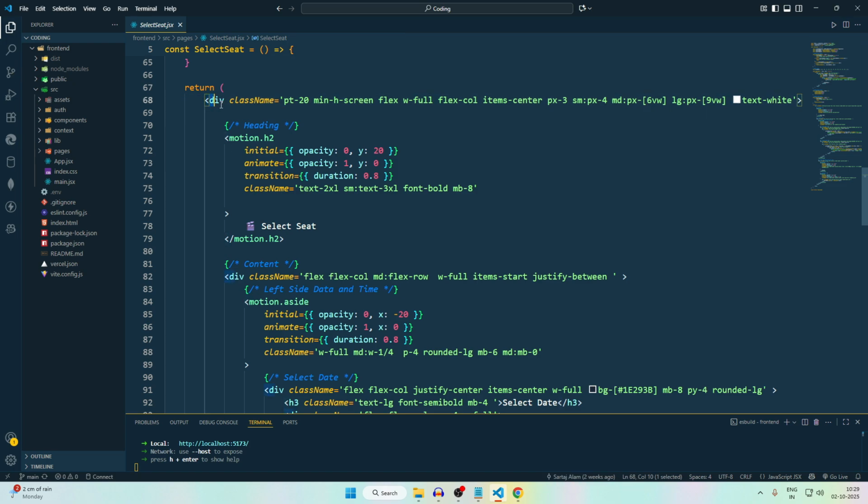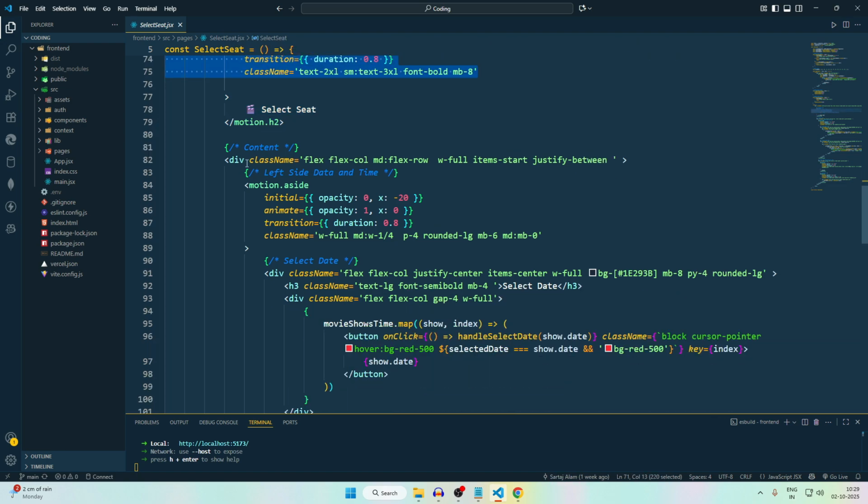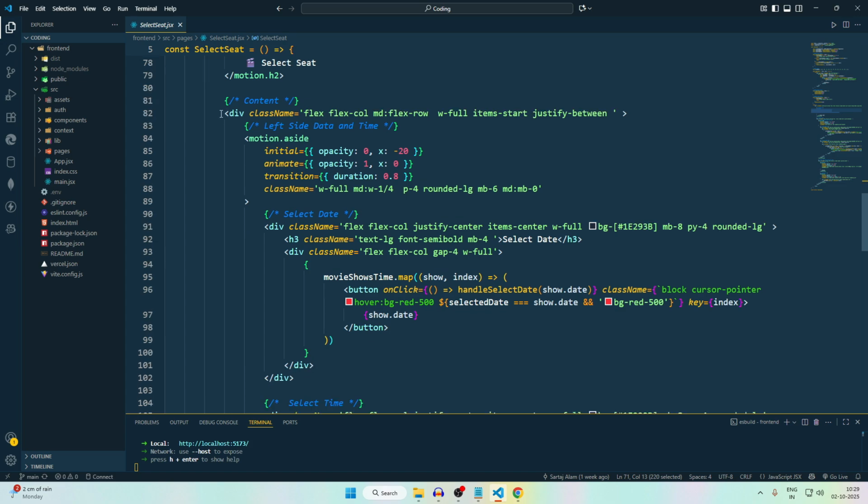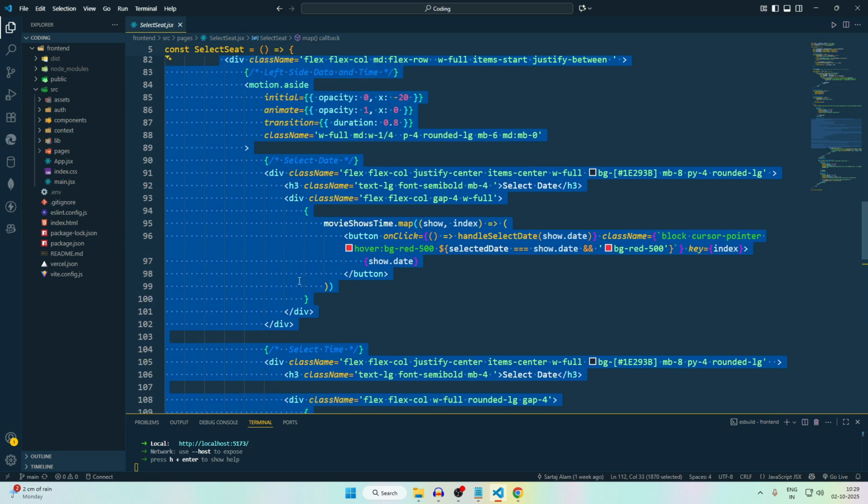I have a div, and in this I have various classes. Then I have a heading, and in this heading I have a few animations. Then I have a content div.